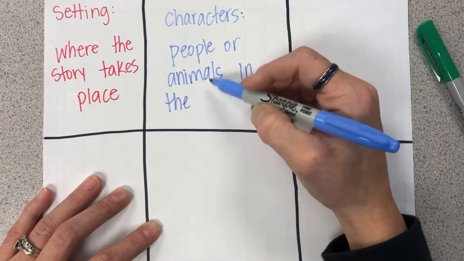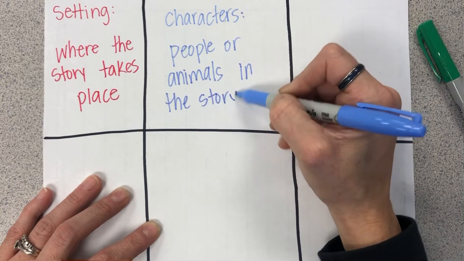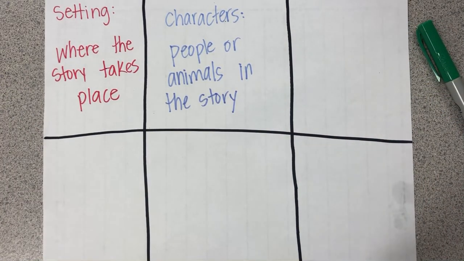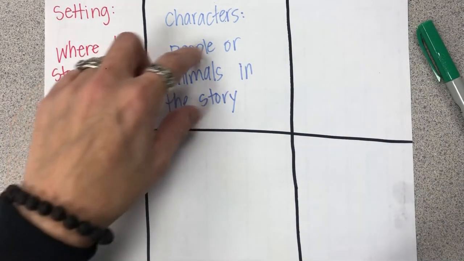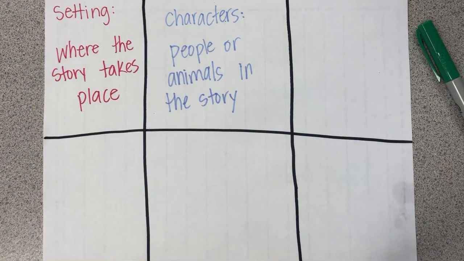In the story of the 3 Little Pigs, the 3 Little Pigs and the Big Bad Wolf are the characters and they're animals. But in the story of Cinderella, there's stepsisters and a stepmom and a prince and Cinderella, and in that particular fairy tale, there are people. So there could be people or there could be animals. Either one, they're both good